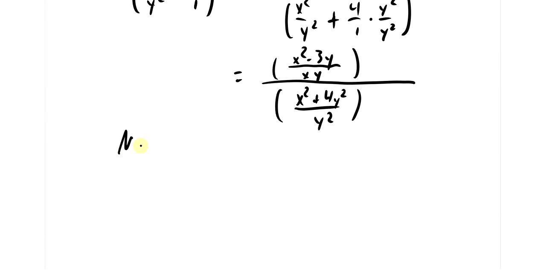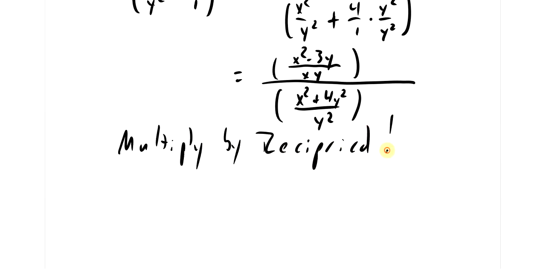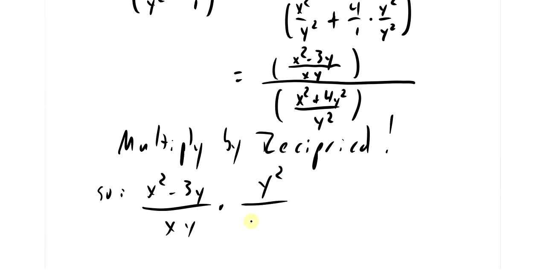So what do we all do? Multiply by reciprocal. So this last thing becomes x squared minus 3y over xy times, flip this thing, y squared over x squared plus 4y squared. And what's this going to be? Well, every time you're multiplying and you've got additions and subtractions, you want to put in some parentheses so you know what you're doing. Before we multiply, we can actually see that we're going to get a y squared on